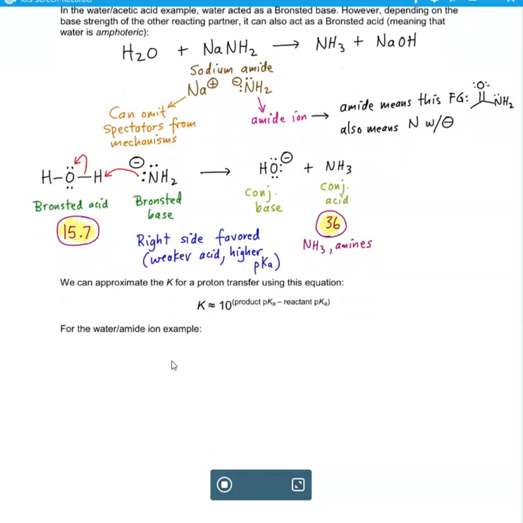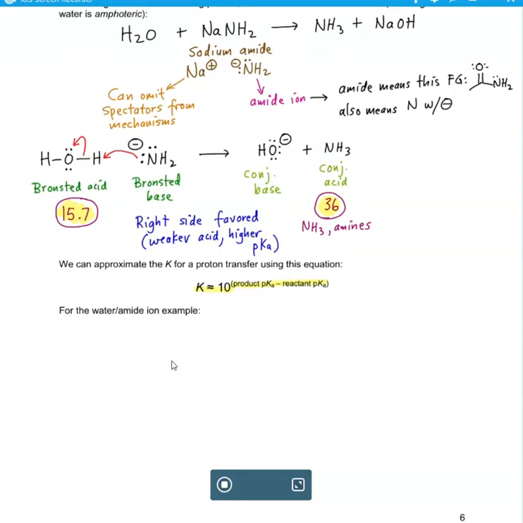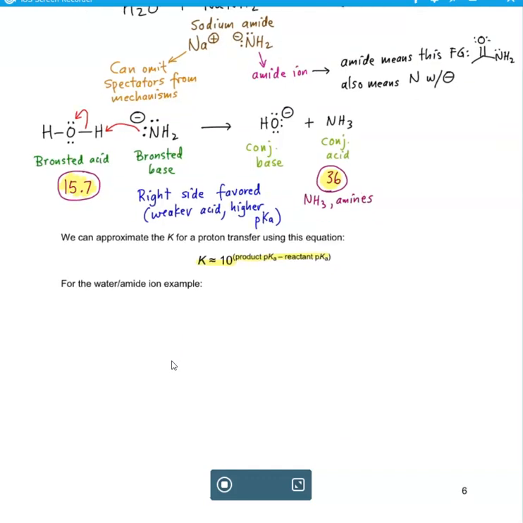We can also, if we know pKa values, make an estimation of the equilibrium constant for a proton transfer. And we're going to use this little equation right here. So as written, a chemical reaction has reactants on the left side and products on the right side. And that's the convention that we'll follow when we plug numbers into the equation. So for this example,